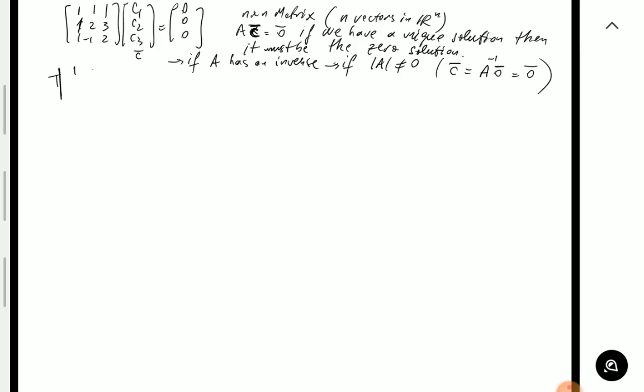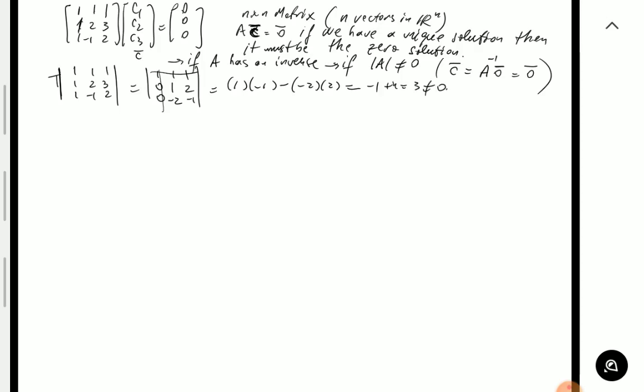So I can take the determinant of the matrix. Let's produce some zeros. So let's subtract row, again, row 1 from the other ones. 1 minus 1, 2 minus 1, 3 minus 1, negative 2, 2 minus 3, negative 1. You cross out these. 1 times minus 1 minus negative 2 times 2, which makes it minus 1 plus 4, which is 3, not equal to 0. So